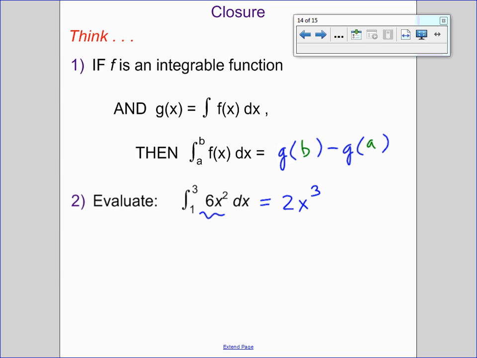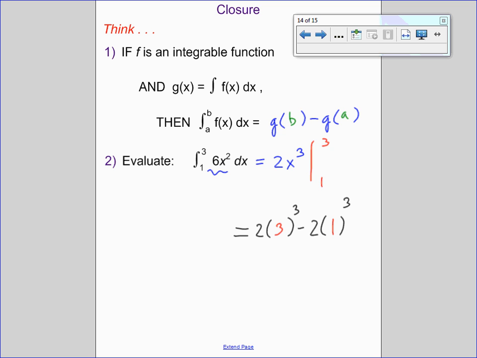Now we would have a plus c here, except I know that in our subtraction, whatever constant was added on to my function, when subtracted off, is going to cancel itself out, and so I'll be left with just the numerical quantity, so I don't need to include that. Our notation here we can write with this bar, and then my lower limit and my upper limit. And then I'll evaluate that antiderivative function, so I get 2 times 3 cubed minus 2 times 1 cubed, for my limits of 1 to 3. So upper first, then lower, then subtract last.